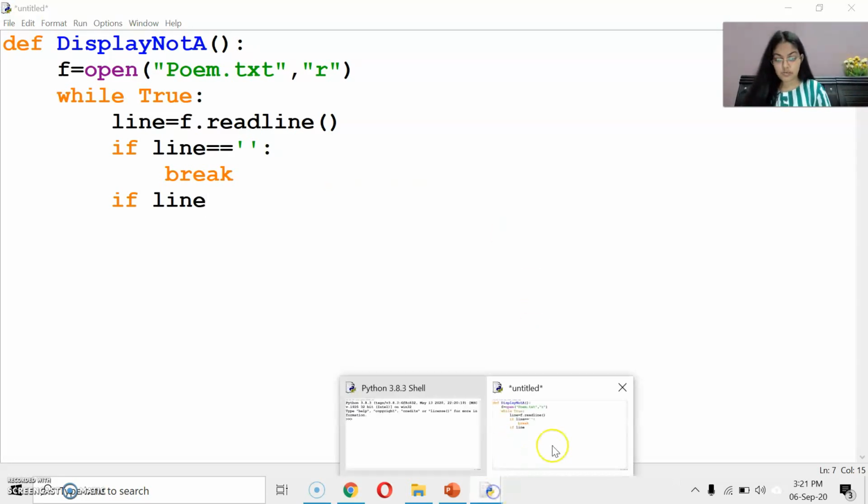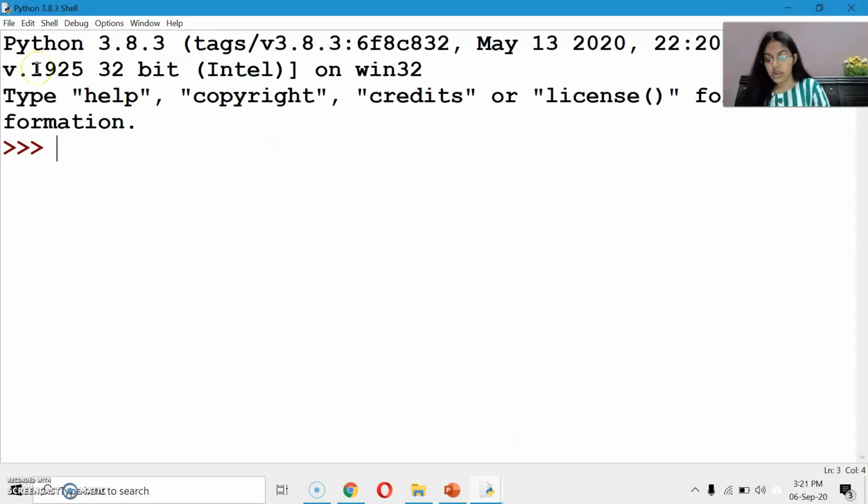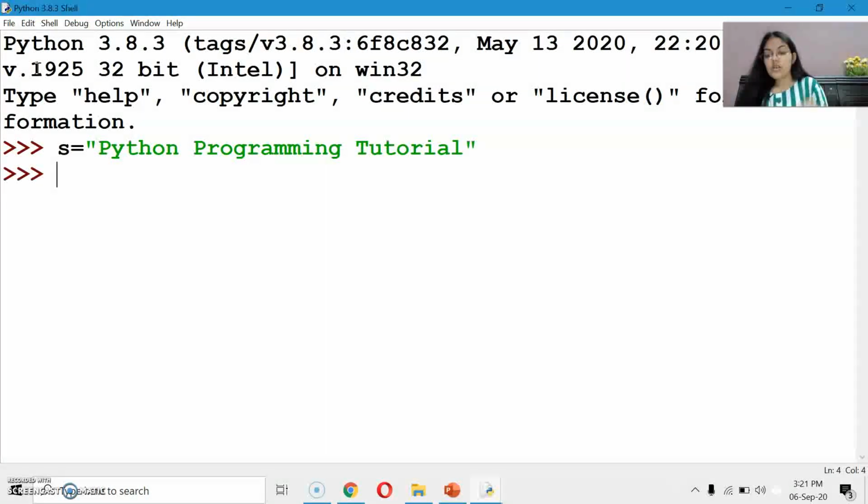Let me just open this Python shell now. Here I am having the string. Let's suppose I am writing Python programming tutorial. Okay. So here suppose I am writing A in S. This S is your string, in is your membership operator, and this checks whether this character or string is contained in another string or not.